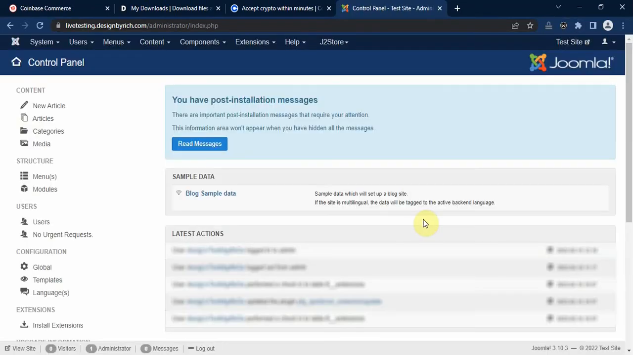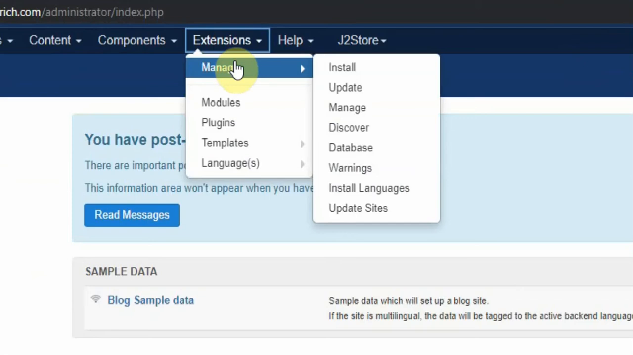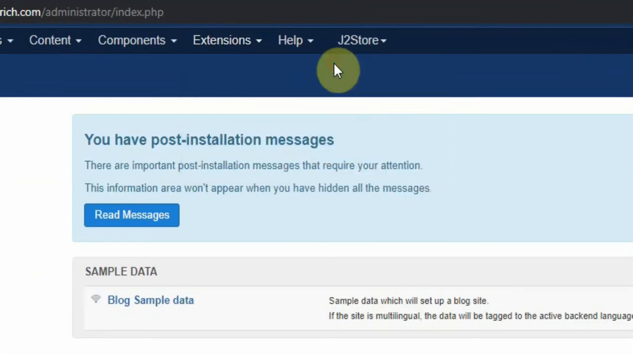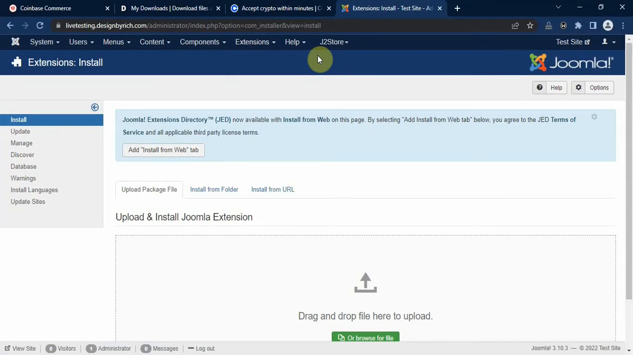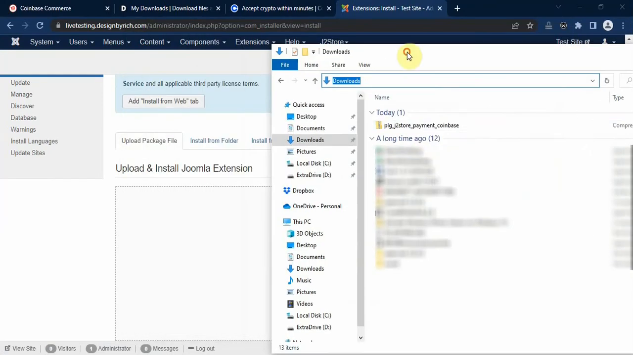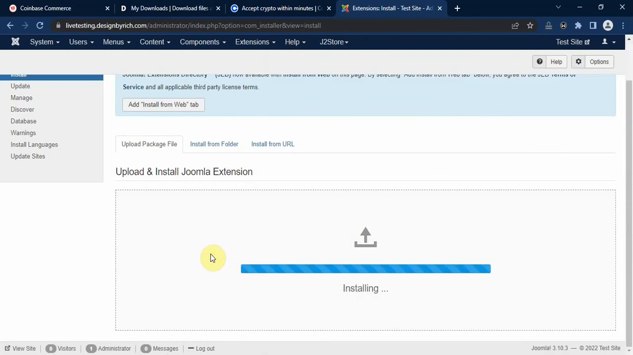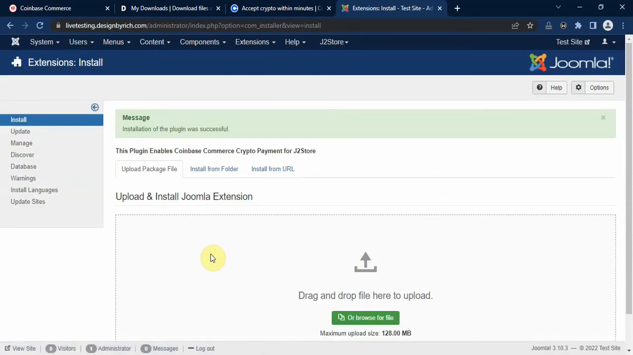Next you go to the admin side of your J2Store powered website and log in. Now you go to extension, manage, and click on install to install the extension you just downloaded. There are two ways to install the extension. You can drag and drop the extension to install it, or click on the browse button here to browse and locate the file. So here I will drag the zip file that I downloaded just now to this interface